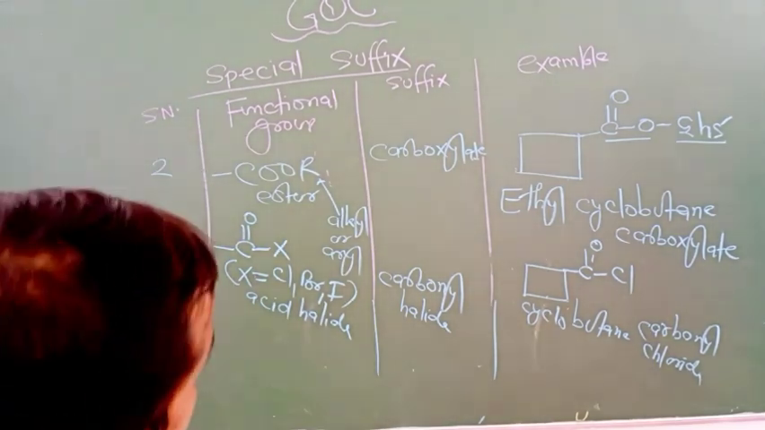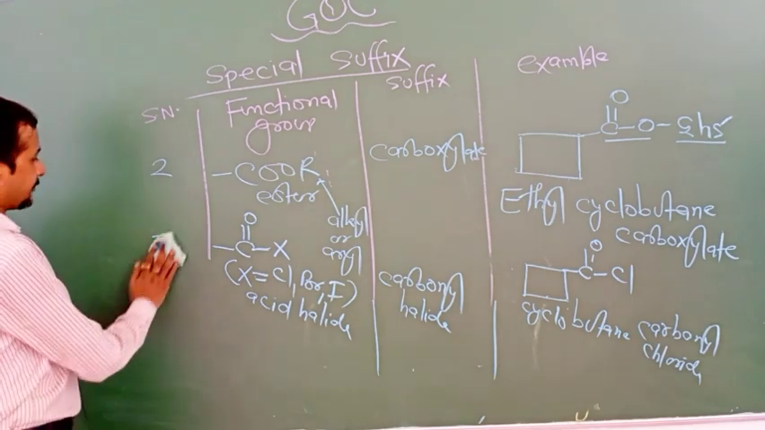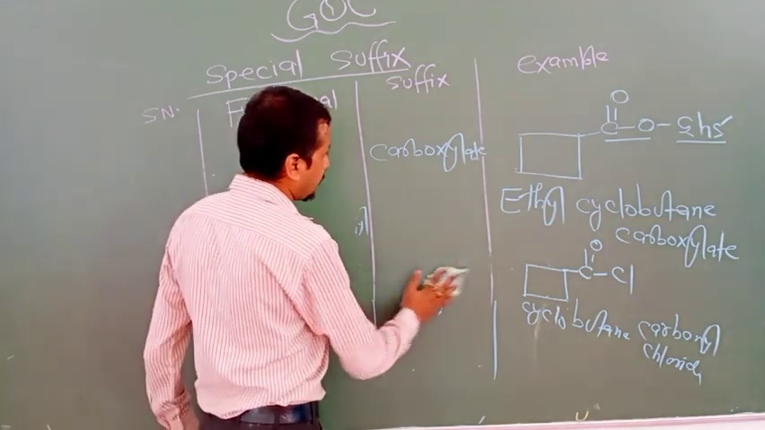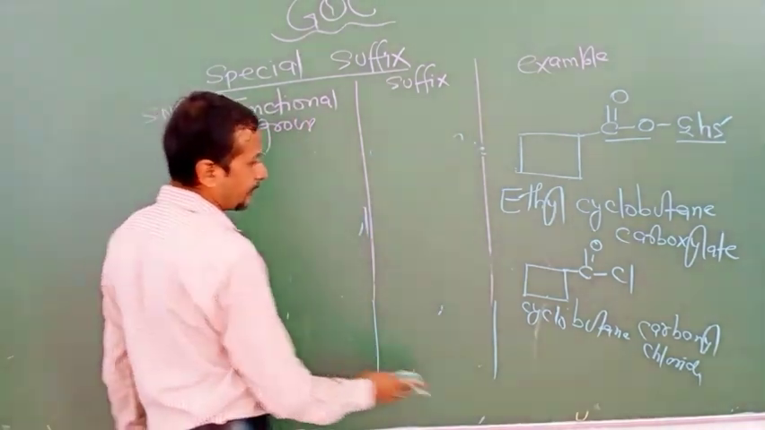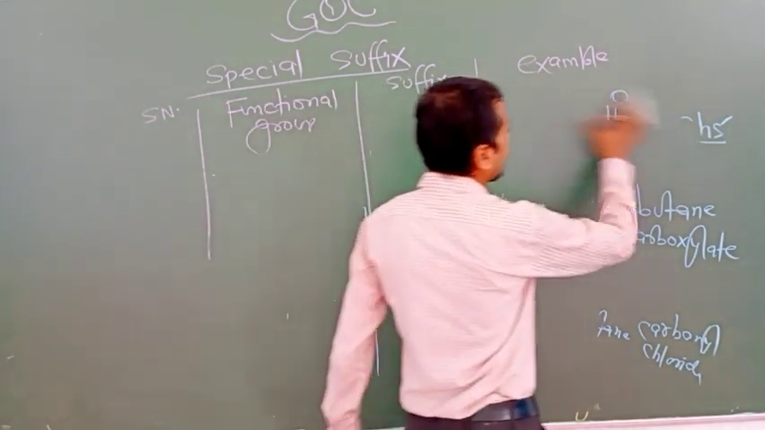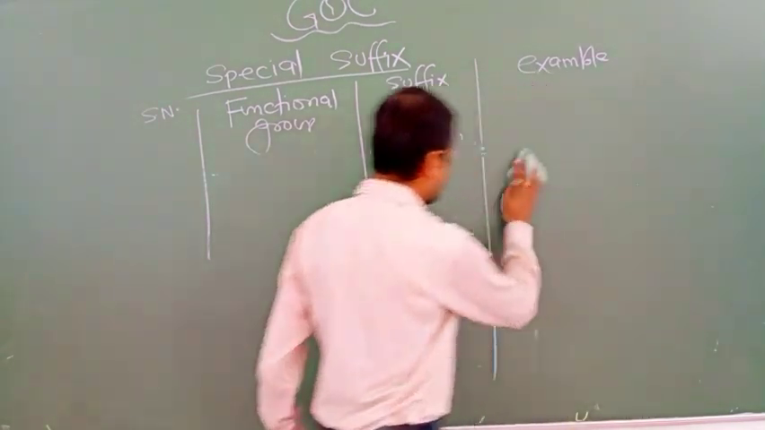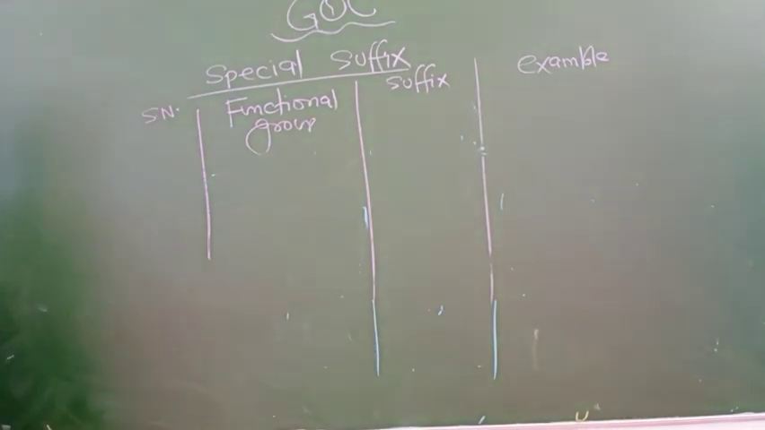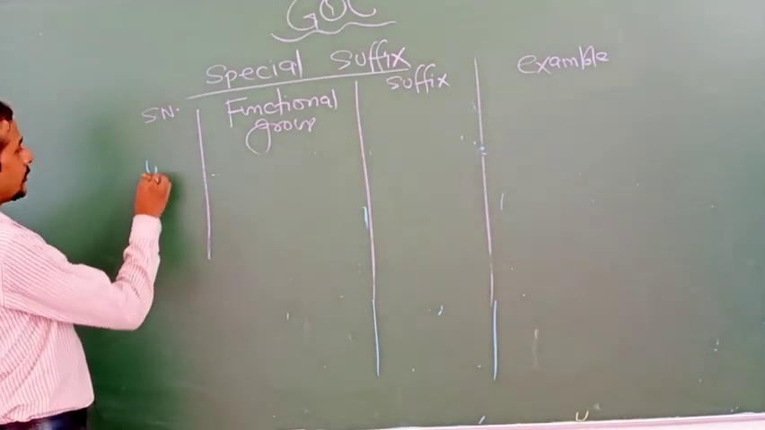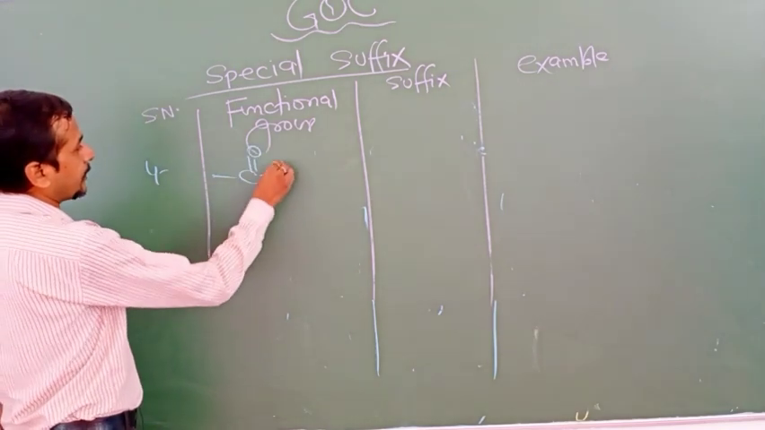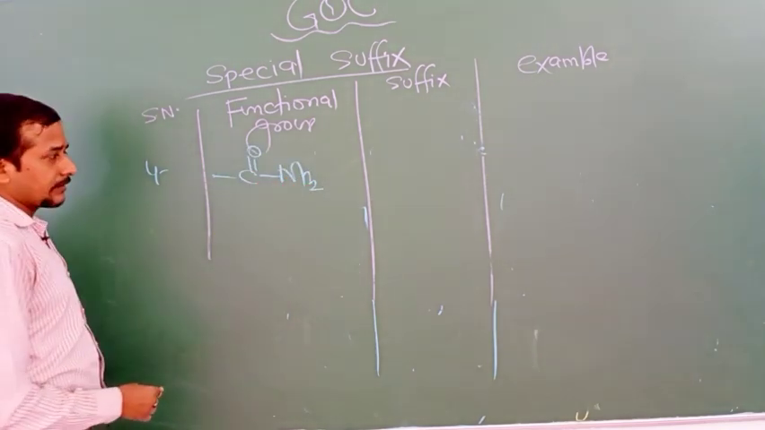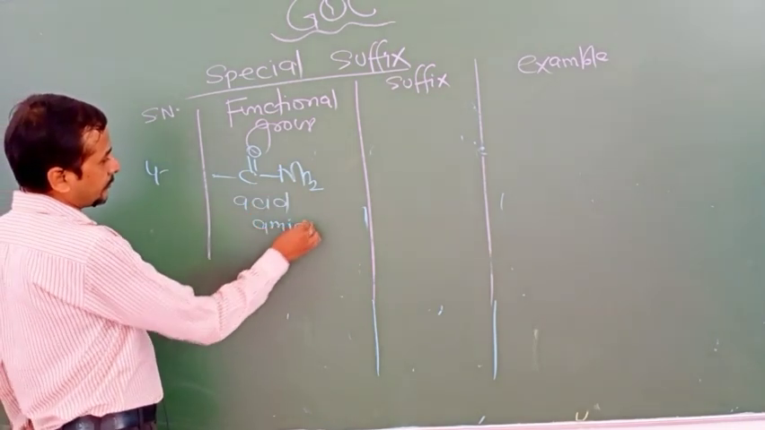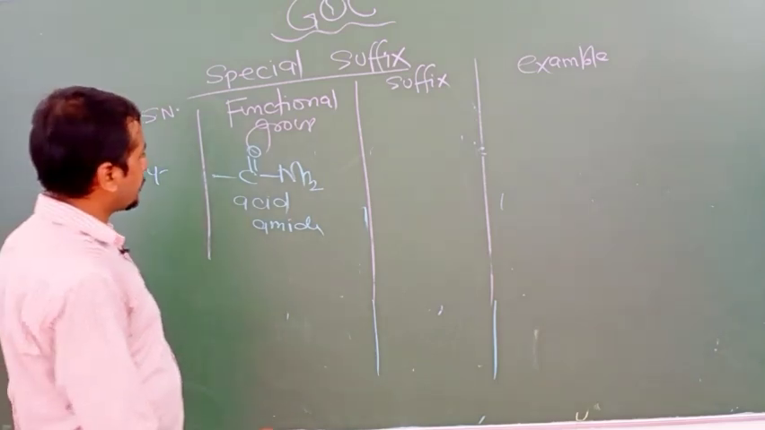Now one more example. So this name you have to know for board examinations. Maybe this type of question is asked in the board examinations in IUPAC nomenclature. Now for acid derivative, that is amide, this is known as acid amide. Now the special suffix for this amide is